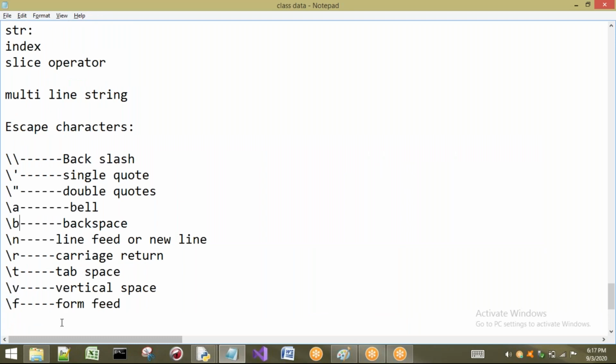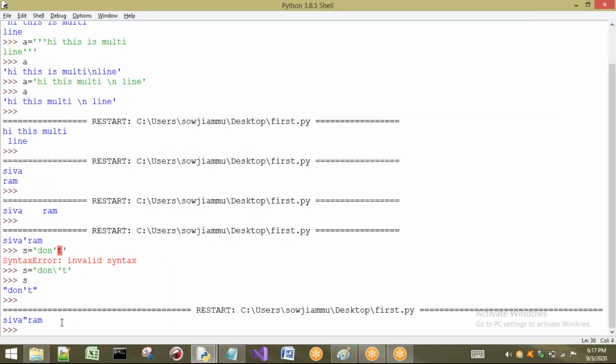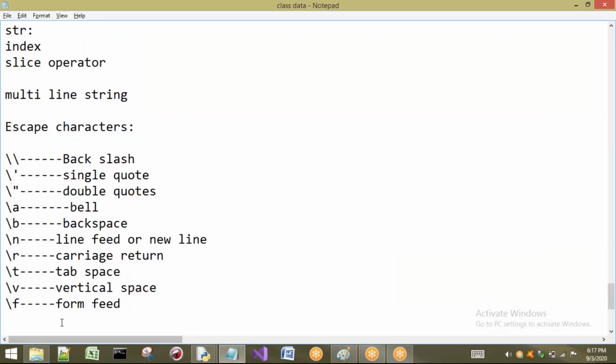Next let us see one or two more. Backslash b, and tab space. Vertical space means multiple lines are there, we can say vertical space. Anyway, this is enough, because mainly these types of characters are used. Now let us go to another concept. You can use these inside a string, no problem. So these are called backslash characters, or escape characters.